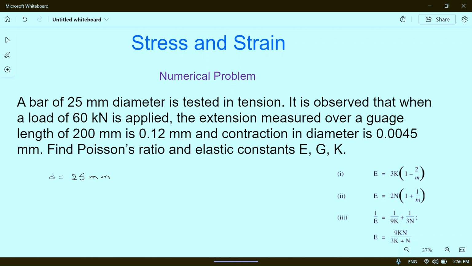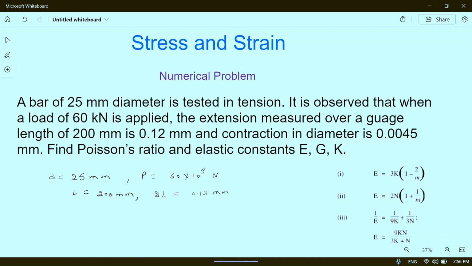It is observed that when the load P, which is 60 into 10 to the power 3 Newton, is applied, the extension measured over a gauge length L of 200 mm is 0.12, the increase in length, or delta L is 0.12